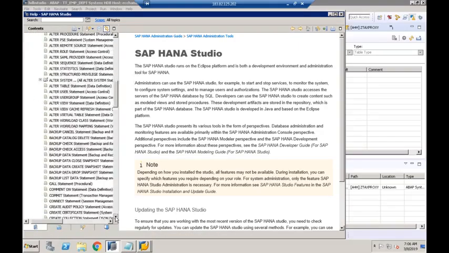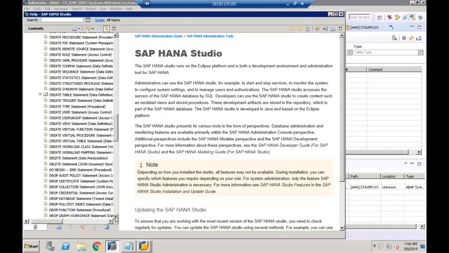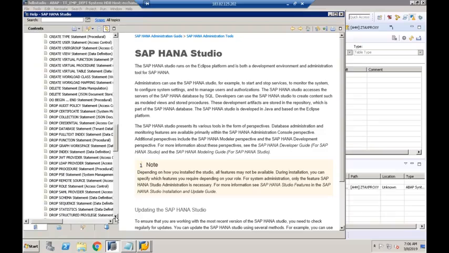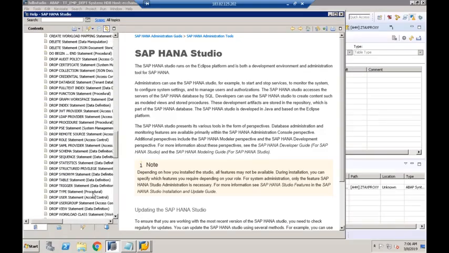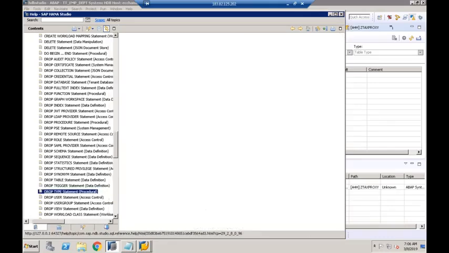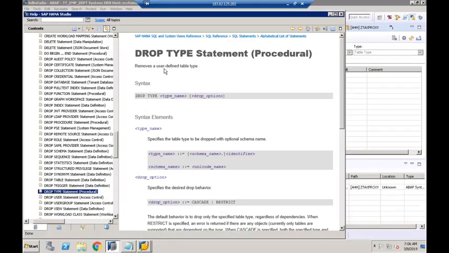It is in alphabetical order. So do we have DROP anywhere here? Yes, DROP is there. Good. DROP TABLE is there. DROP TYPE is there. If I click on DROP TYPE, it removes a user-defined table type. So we have that particular DROP TYPE. So I can drop and